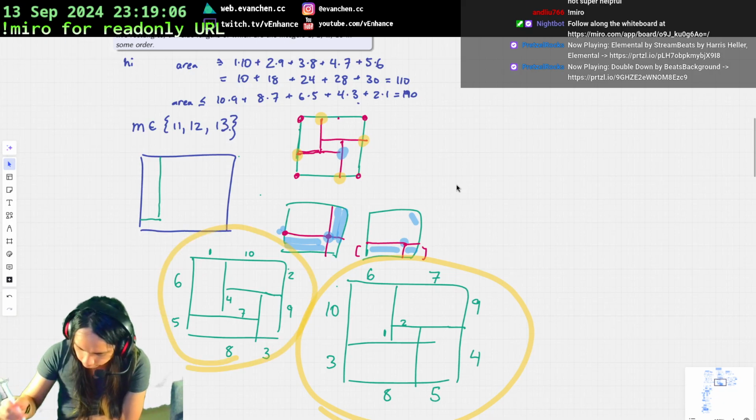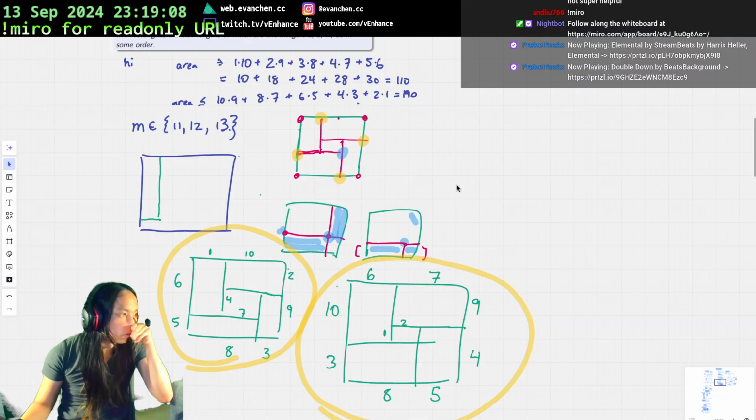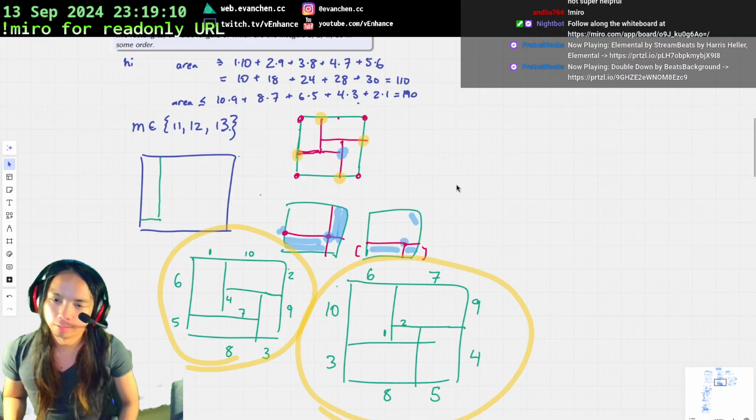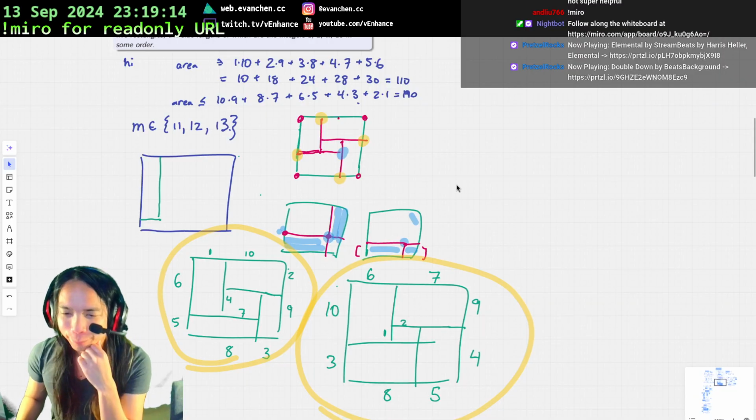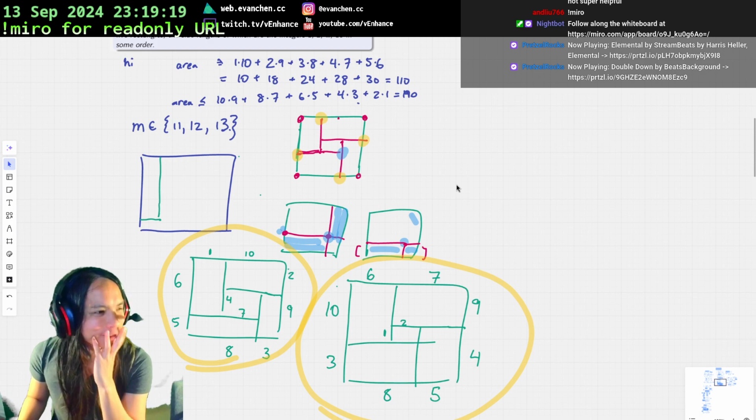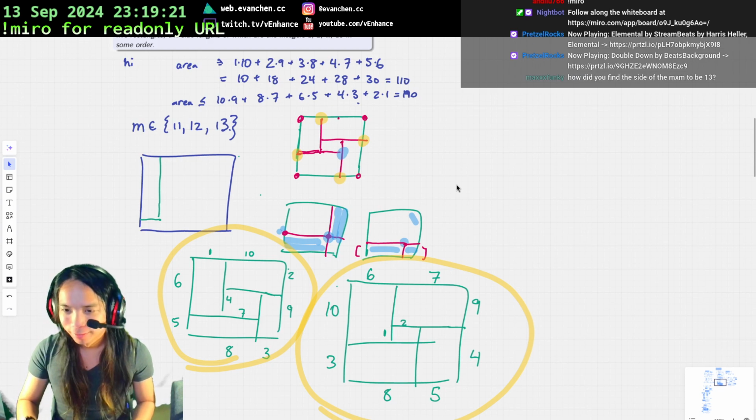All right, so we got 11 and 13. Now for 12, I feel like you run into parity issues with 12. Do you guys think we run into parity issues? I feel like there might be parity issues. Because,